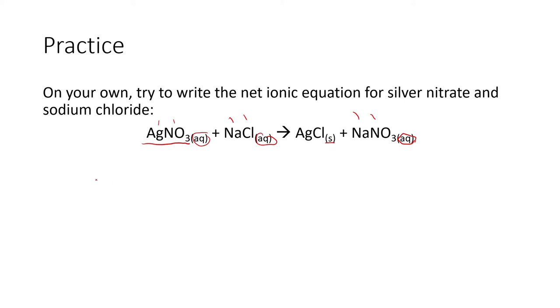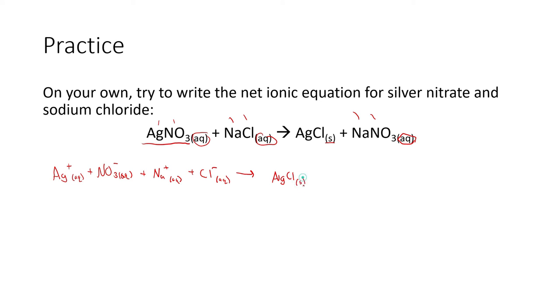So writing this out, we're going to have Ag plus aqueous plus NO3 minus aqueous plus Na plus aqueous plus Cl minus aqueous. And that is going to yield AgCl,